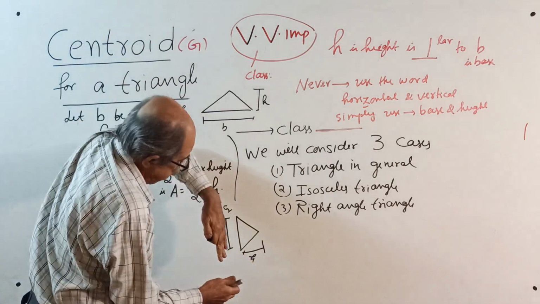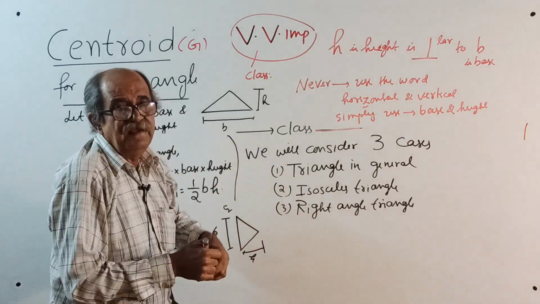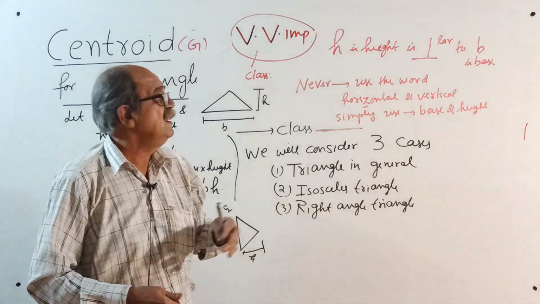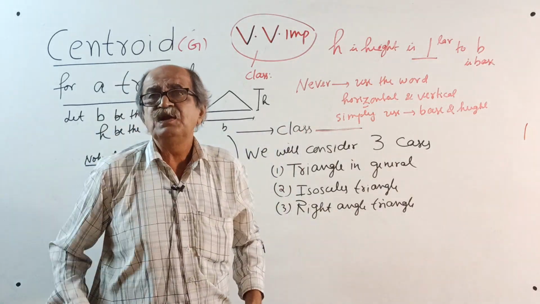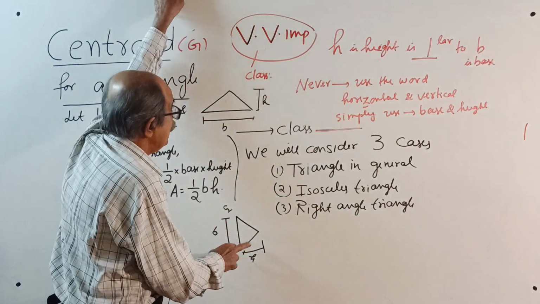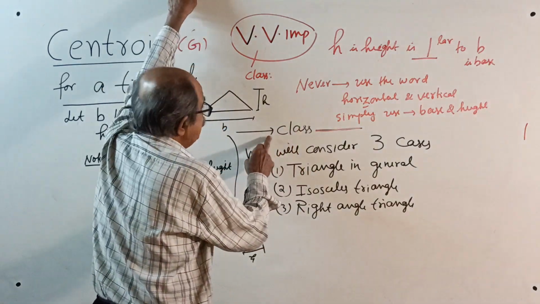See, with respect to the base, the height is defined. Throughout our structural engineering, and especially centroid and moment of inertia, remember height is perpendicular to the base. Now, once again, class,